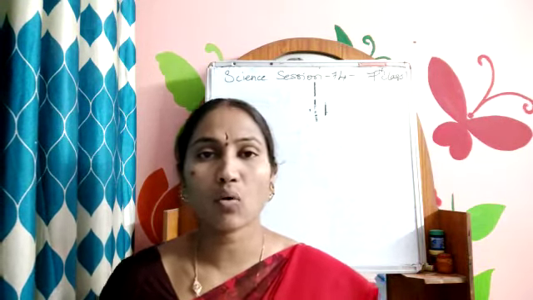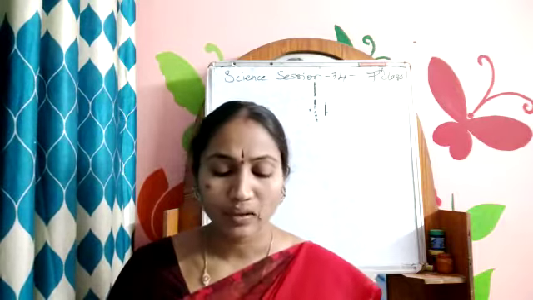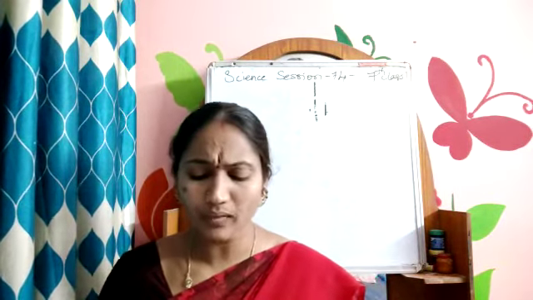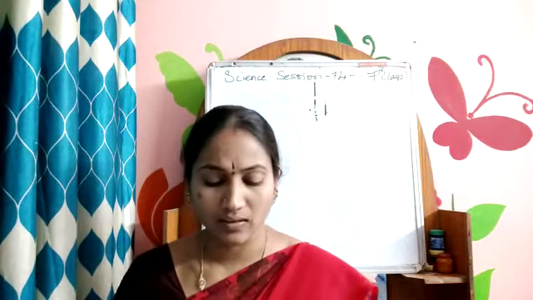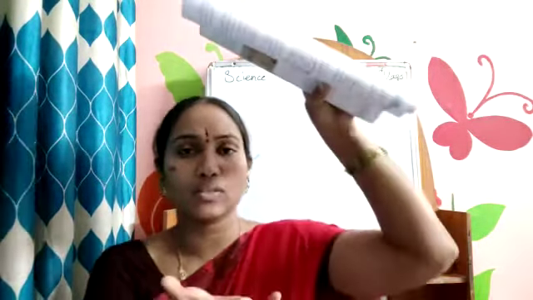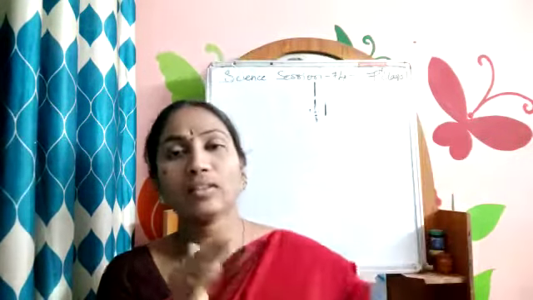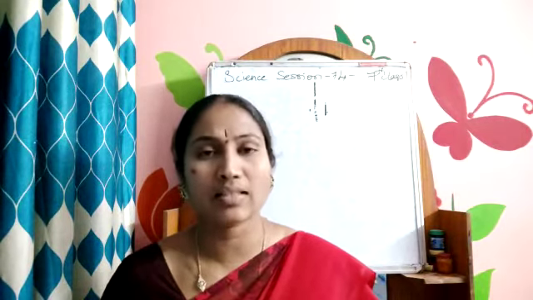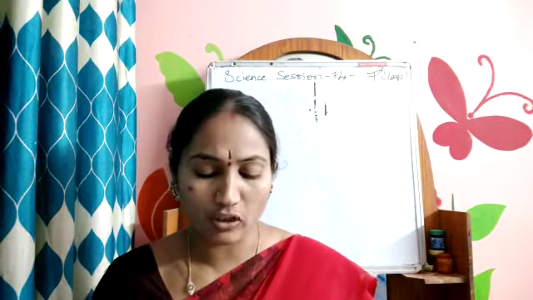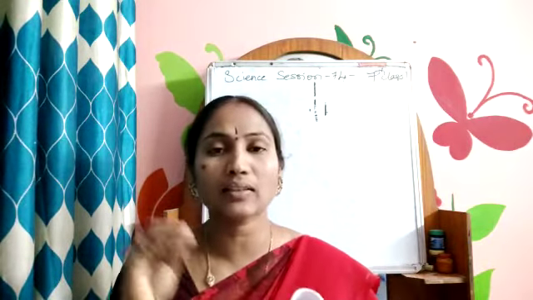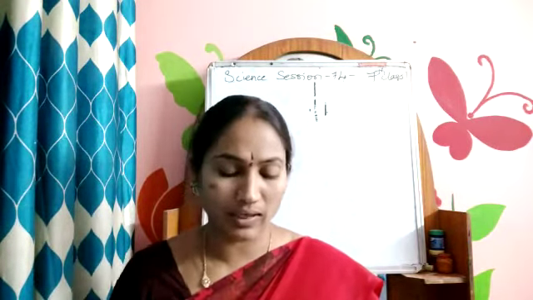In treatment plants, what happens to the water? Let us see. You can do this individually or in groups at school or home, and record observations at each stage. Fill a large glass jar 3/4 with water. They are asking to take a glass jar and fill the water up to 3/4. Add some dirty organic matter such as grass, pieces of orange peel, anything like vegetable waste or fruit waste, and you have to put it in the glass jar.